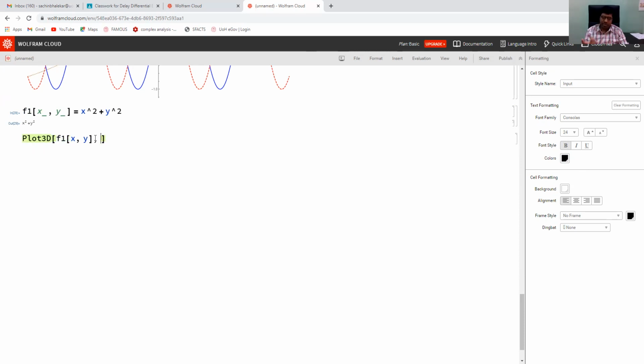We need two lists for the range of x and range of y. First is the range of x. x is from say -5 to 5, and similarly y is also from -5 to 5. You may take any other range.